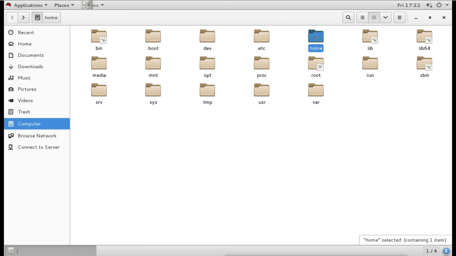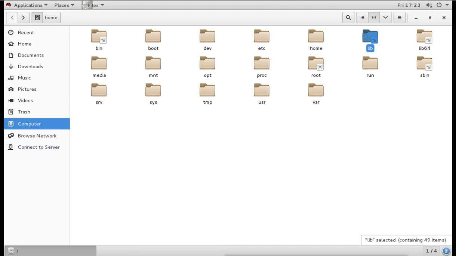It still looks like it is under slash, but anything we store in it goes into the other partition, not the slash partition. So this is the home directory for normal users. Now the next directory is lib.